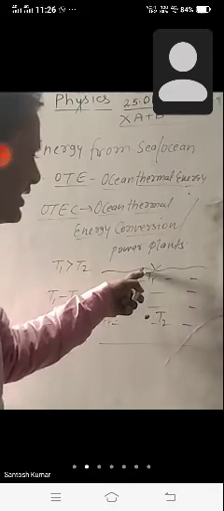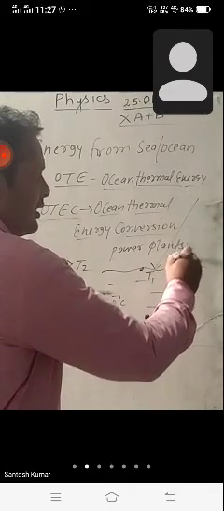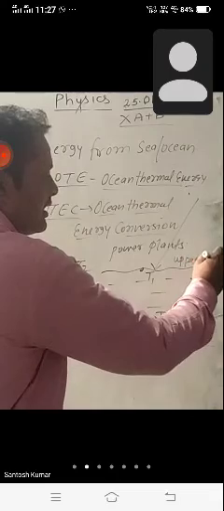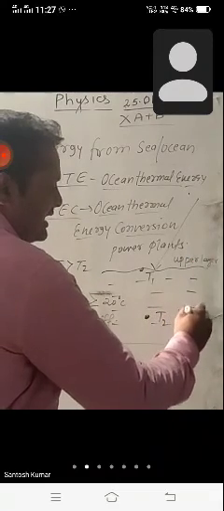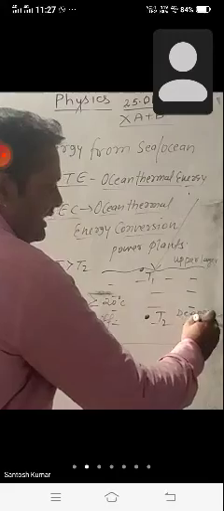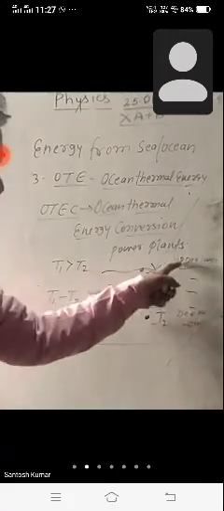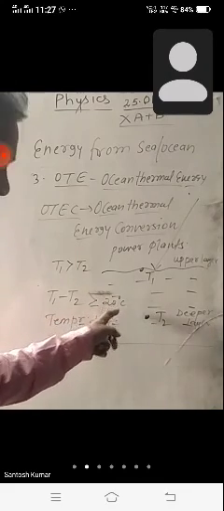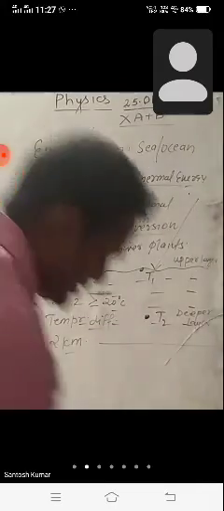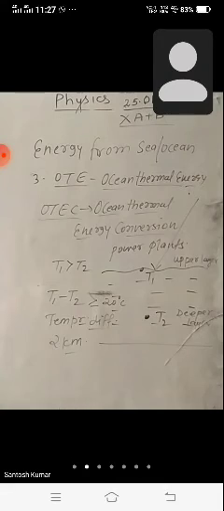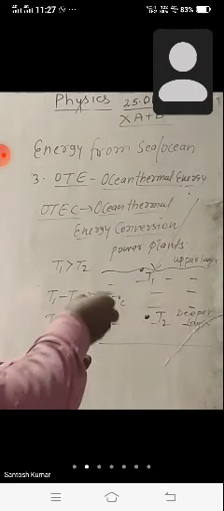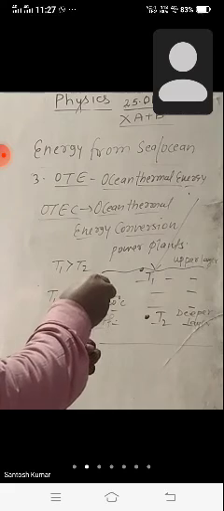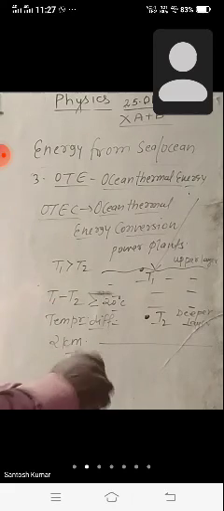This is the upper layer, and this is the deeper layer. If the temperature difference between the upper and deeper layer is greater than 20 degrees C within the range of 2 kilometer, this also comes under the limitation. So I will discuss, if it comes greater than or equal to 20 degrees C, then what will happen? That temperature difference causes,